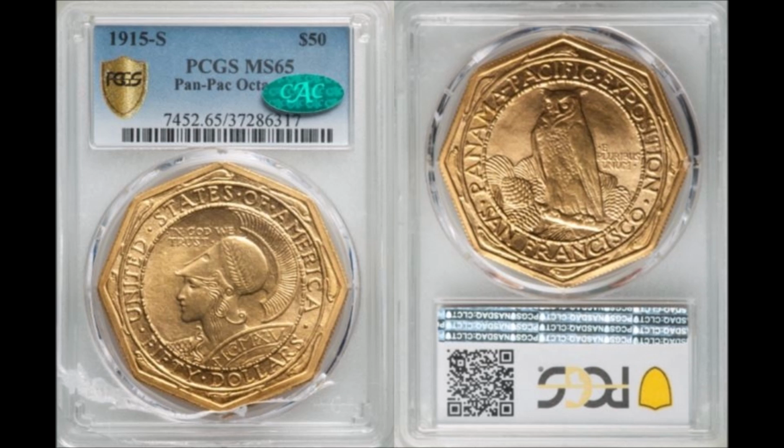This is my personal holy grail. If somehow, some way, I was able to pick one of these up in a slabbed holder that is all original, not cleaned, nothing, just undeniable beauty staring me in my face, I would die a happy man today. I know it seems crazy because this is like an